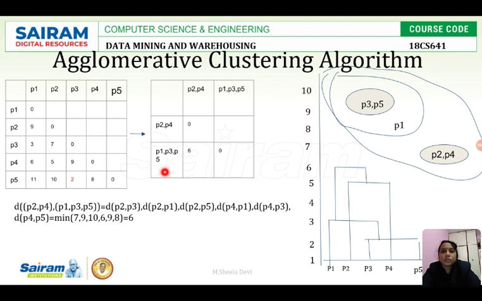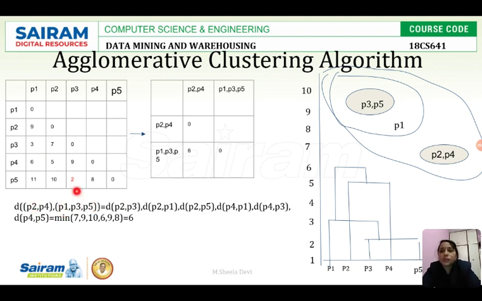These two are there. Now what we have to do? We have to calculate the distance between P1, P3, P5 and the new cluster, that is P2, P4. How can we calculate? The formula is distance of P2, P4, comma P1, P3, P5. As usual, we have to check all the combinations, that is P2 to P1, what is the distance. Then P2 to P3, what is the distance we have to check.